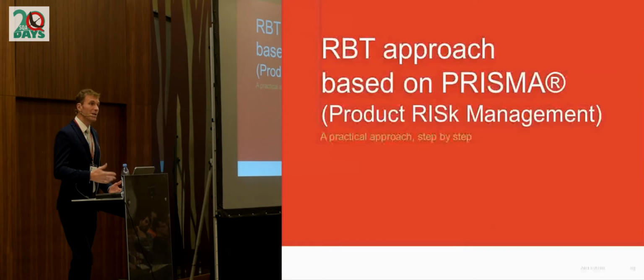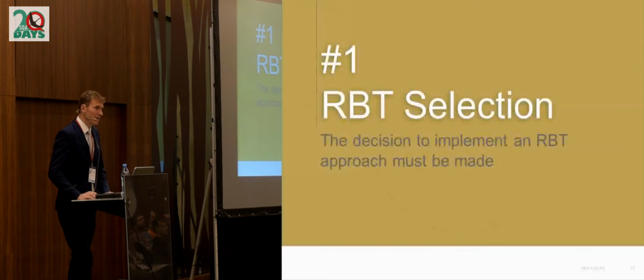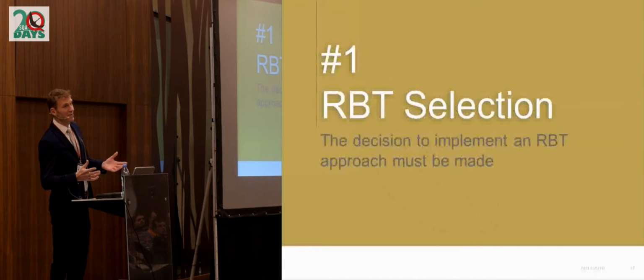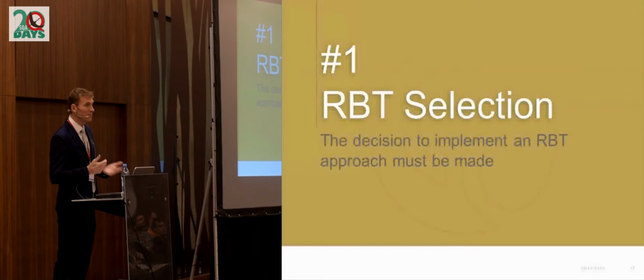And it's really very well explained, very easy to use. So what we're going to see is, I would say, like a summary of this method. And you may have additional questions that you can raise to me at the end of the presentation. And if I cannot answer all your questions, you will find the answers in this very, very good book. Okay, so we'll have a look at the main steps, about 10 steps. And my goal, as I said before, is to show you that it's very easy to do risk-based testing. Very easy, you just have to follow the steps and try it on your project.